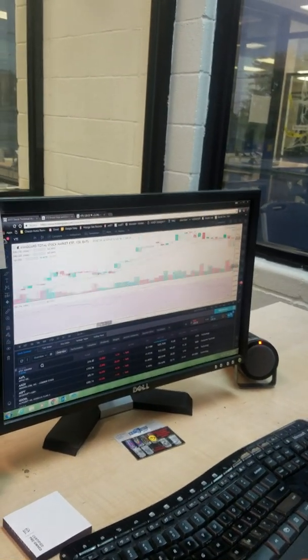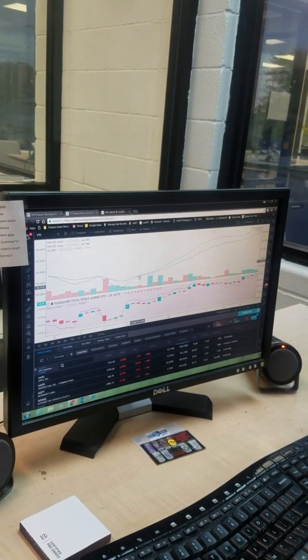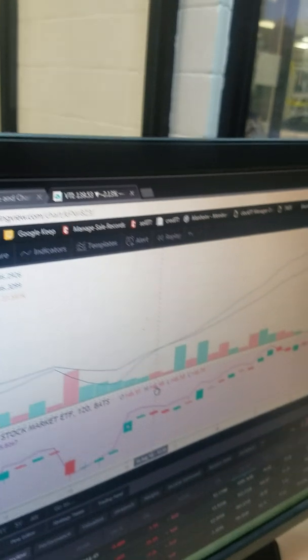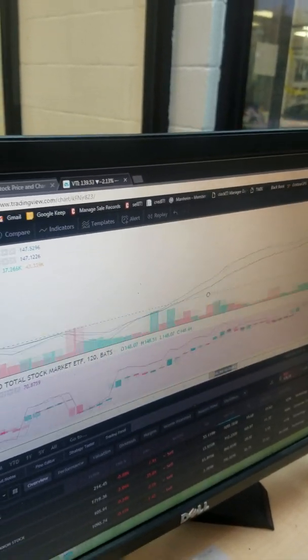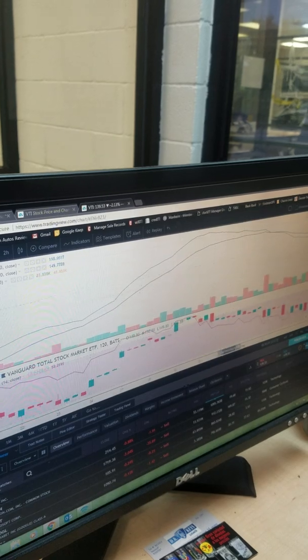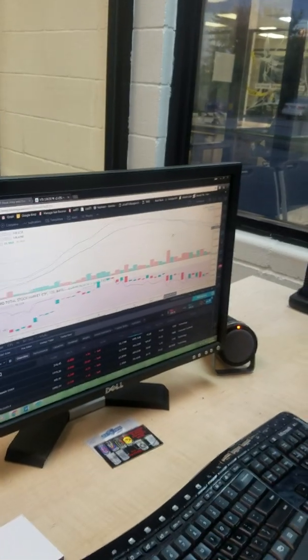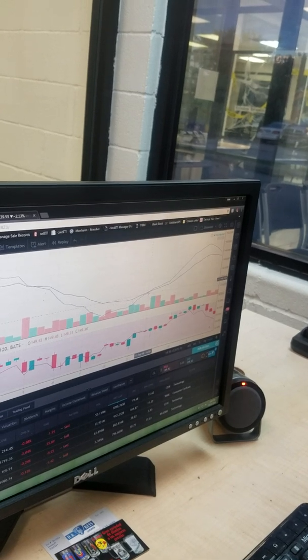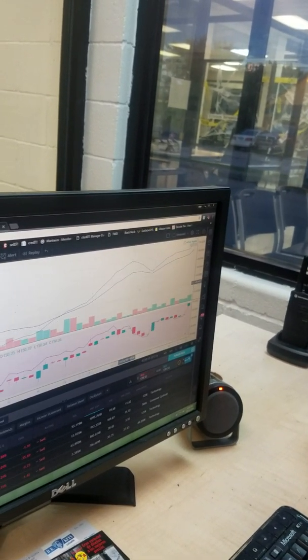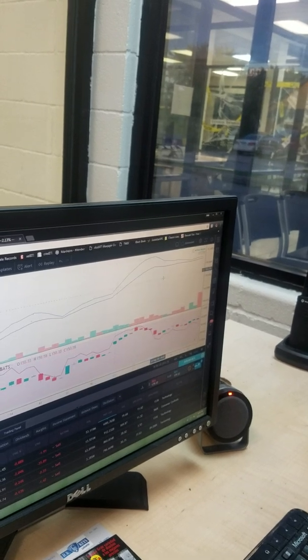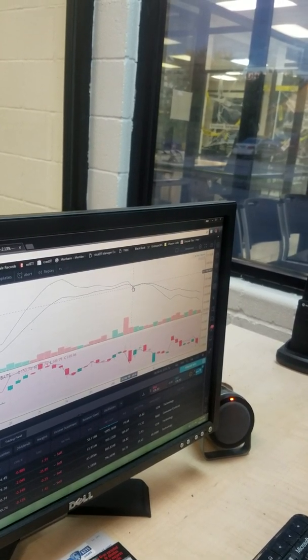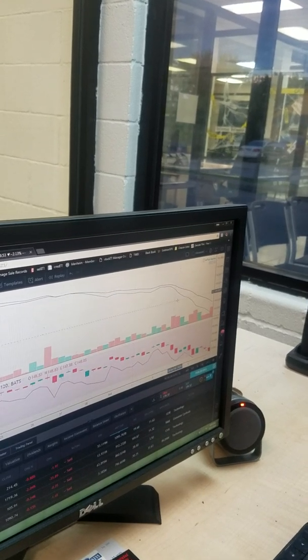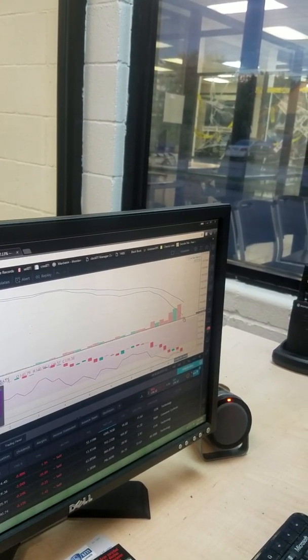Every time the line crosses, this is the 10 and the 20-day EMA. Every time the line crosses up, buy. Whenever it crosses down, sell. Right there. And then you let it go, and when it crosses up, you buy again. It almost crossed right there, but it didn't. So keep going. Right here, it crossed down. You sell right there, and then you wouldn't have got hurt.